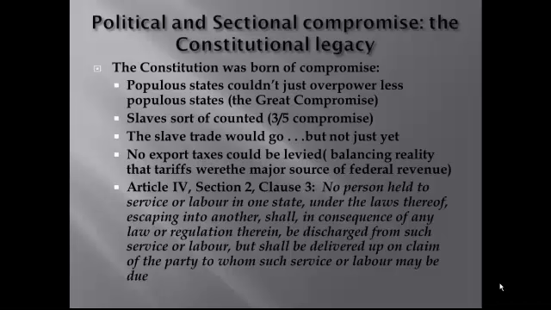What compromise could be balder and more obviously an act of political expediency than counting slaves as 3/5 of a person? Really a bizarre fraction. It's also worth noting that the original version of the Constitution forbade any outlawing of the slave trade. Northern delegates simply wouldn't accept this. So the final version allowed Congress to abolish the slave trade after 1808, and Congress did so promptly, January 1st,